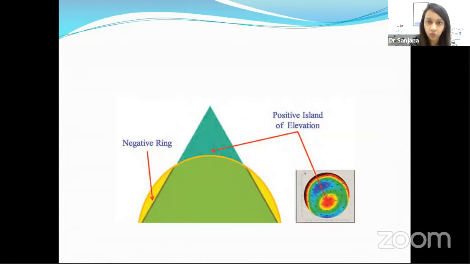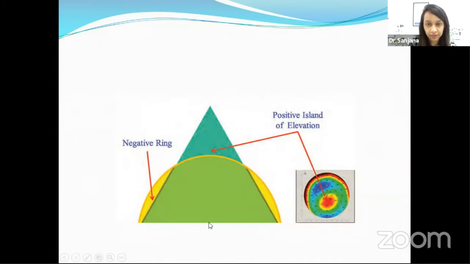First of all, to understand what exactly this elevation map is, I think Dr. Shana has already mentioned the best fit sphere and how to interpret it. So just briefly talking about the same. The yellow one that we represent here is the best fit sphere, and let's assume this triangular thing is